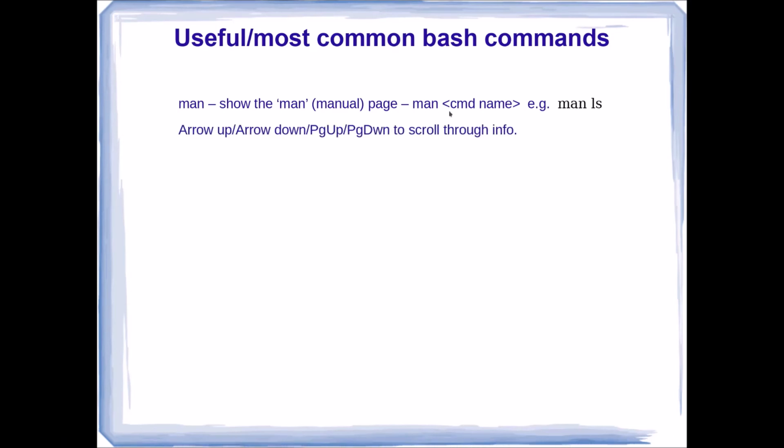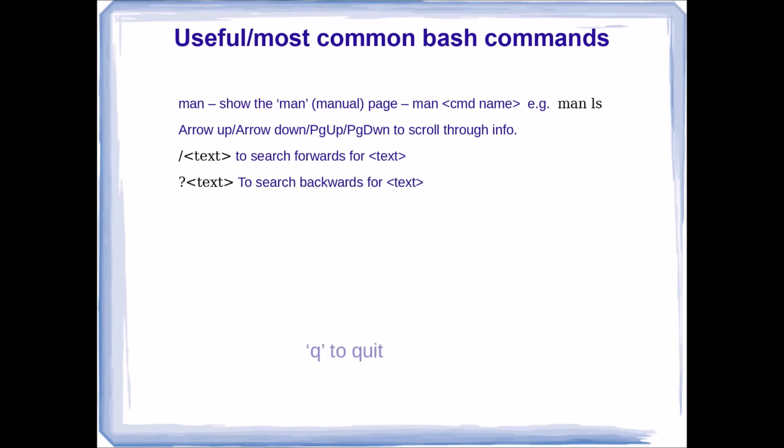Okay, when you're in the man pages, and they could be multiple screens, you can use the up arrow and the down arrow to scroll through it, or you can use the page up and page down to go a screen at a time. If you want to search for a specific string, the / and the string